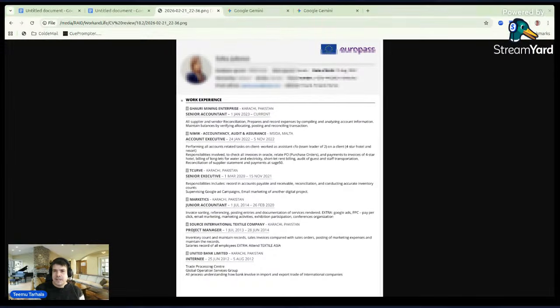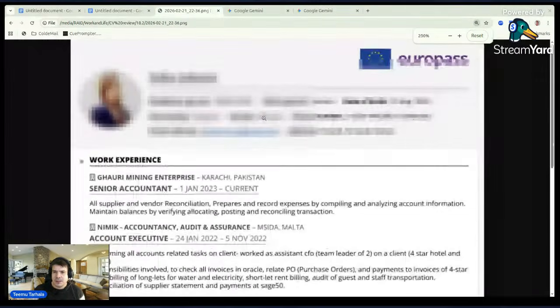And this is also something that very often people send me, asking, hey, what about Europass? How would it work? Let me take this way bigger. I think you can't see it at this moment. But let's go through a Europass from the point of view of a company, if we send it, and see why it doesn't bring good results.